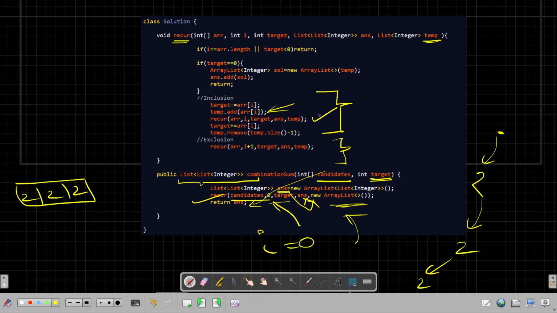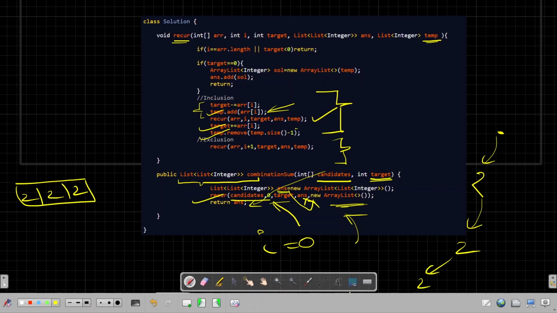Once I come back out of the recursion, I need to undo whatever I have done here. So here I have subtracted array of I from target, I need to add that back here. Here I have added array of I in the temporary array list, so I need to remove that here.